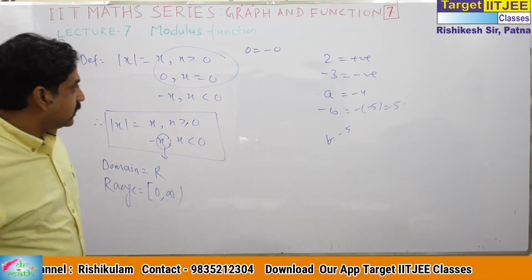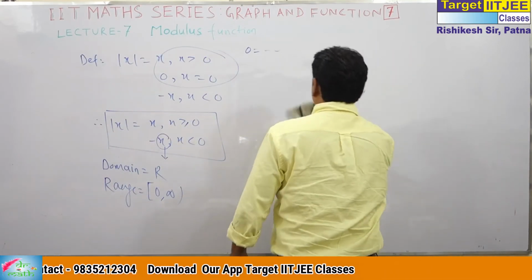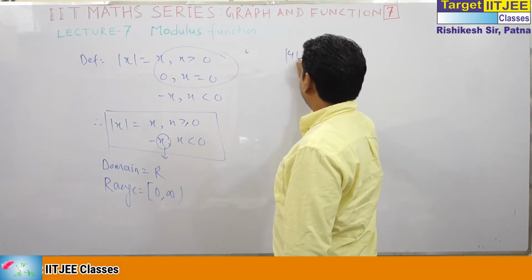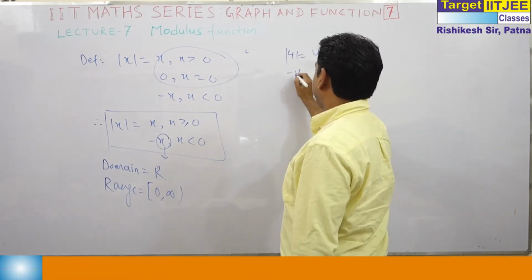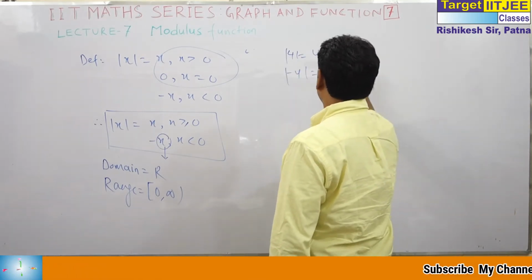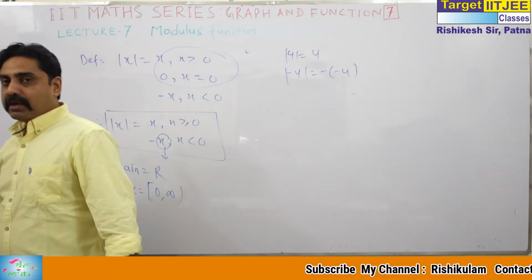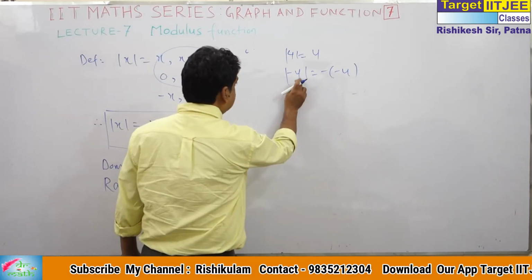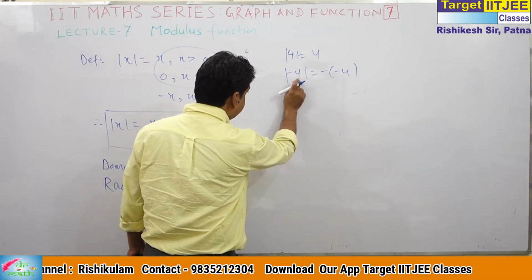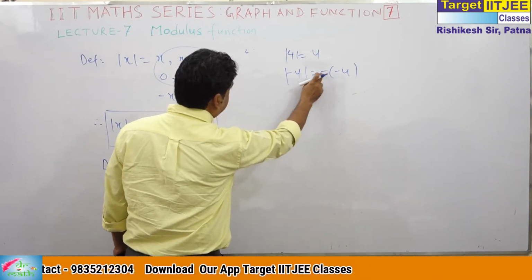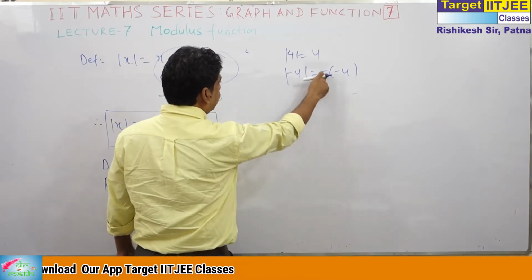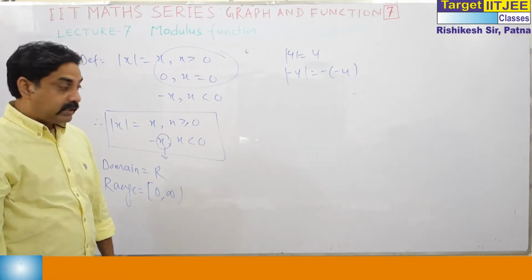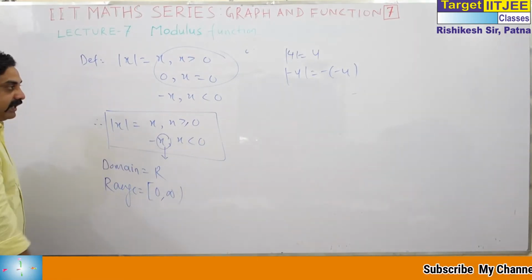This is about modulus. I have also told you there, mod 4 is actually 4 and mod minus 4 is what? Also 4. So what do we do in modulus? When we know this is negative, we also put a negative to make it positive. This is the modulus, and this is true for any function.